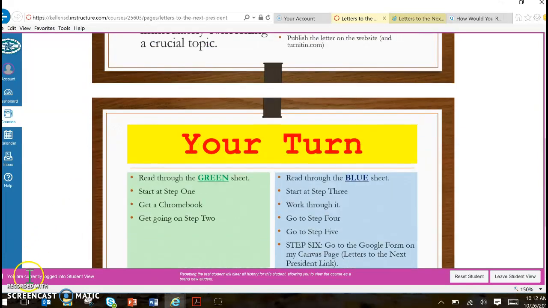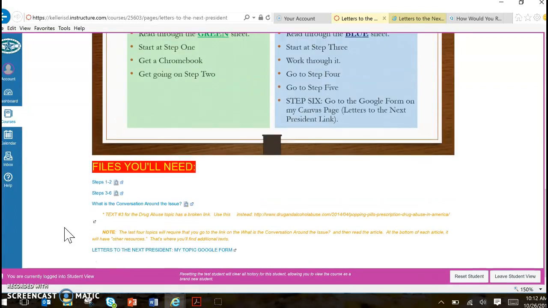Other than that, if you have any questions, come on in Friday morning. Like I said, I'm going to be gone because I'm going to professional development. You can also shoot me a message on our Canvas site. That's probably better than email, just because I can see Canvas from my phone. I don't have my email set up on my phone. But otherwise, I think you're going to be good to go. All right, if you have any questions, let me know.